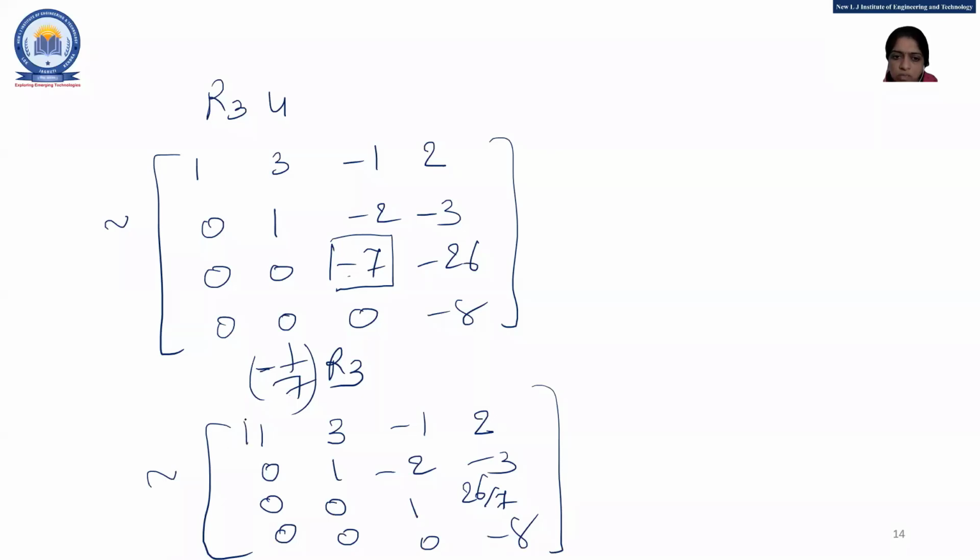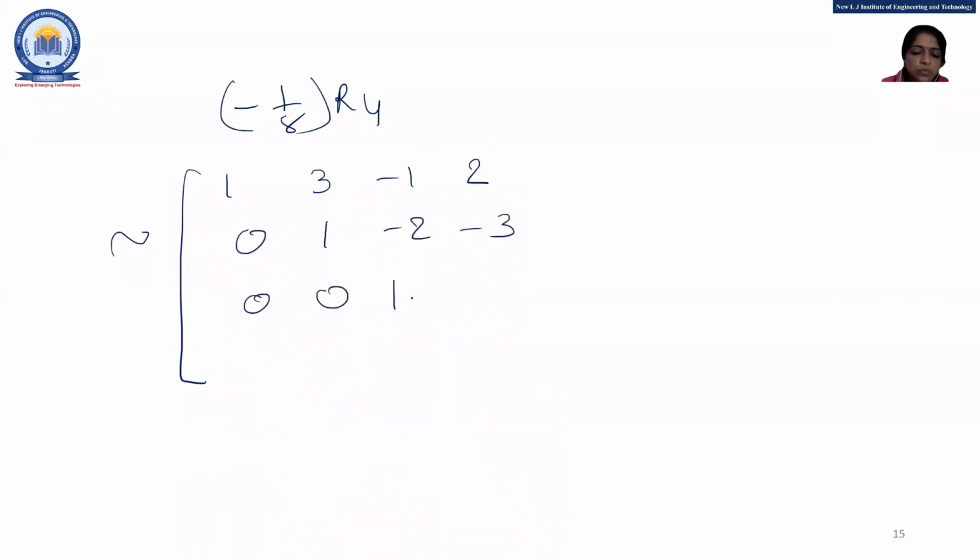So students, this is the leading element. All below elements are 0 for the first column. This one is the leading element for the second column, and all below elements are 0. This one is the leading element in the third column, and the below element is 0, right? Now, for the fourth column, this one is my leading element, and I have to convert this leading element -8 into 1. That's why I'm dividing this -8 by -8. So my last operation, that is -1 by 8 R4.